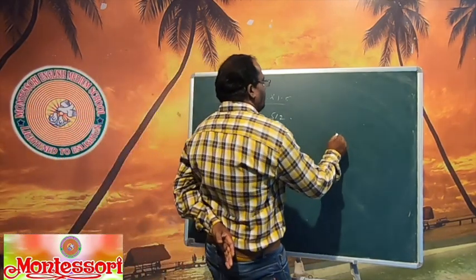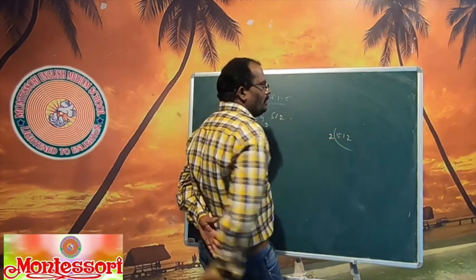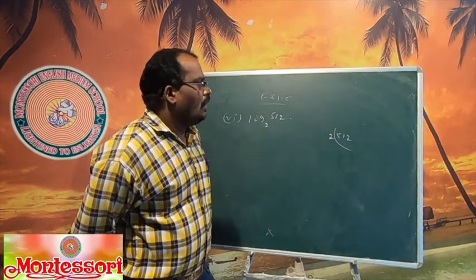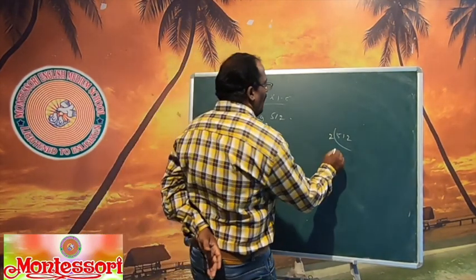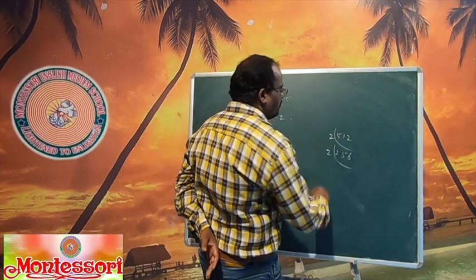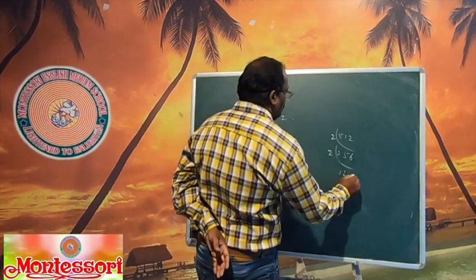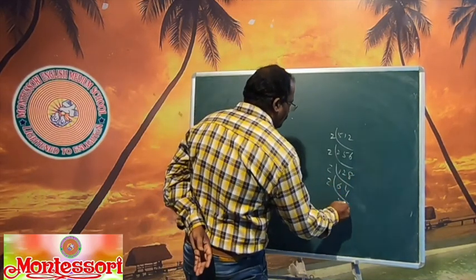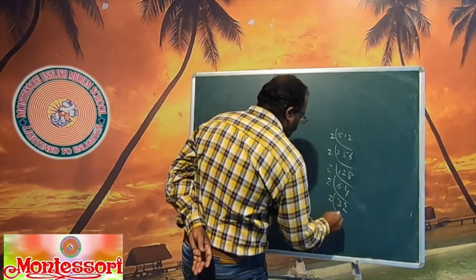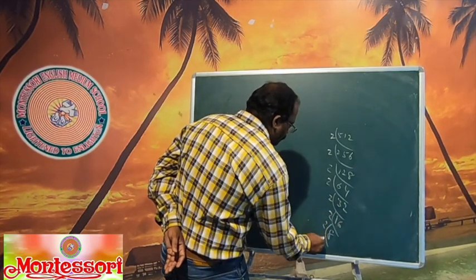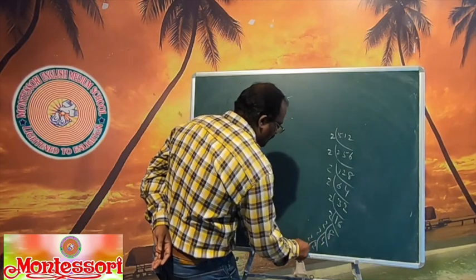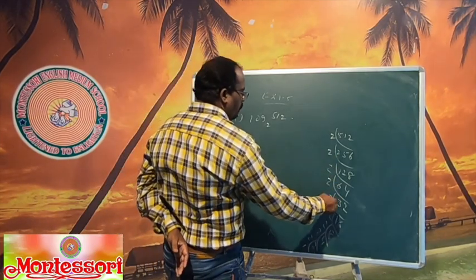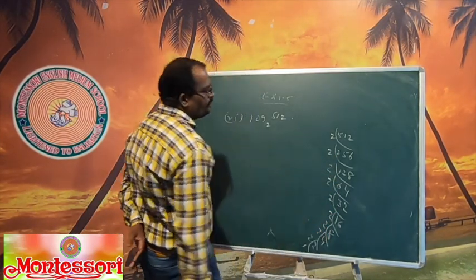Now we are taking the LCM of 512. Log of 512 to the base 2. You take the LCM of 512. 2 how many times does it occur? 256, again start with 2. 128, again 2. 64, 2 32, 2 16, 2 8, 2 4, 2 2s, 2 1s. How many times does it occur? 1, 2, 3, 4, 5, 6, 7, 8, 9.